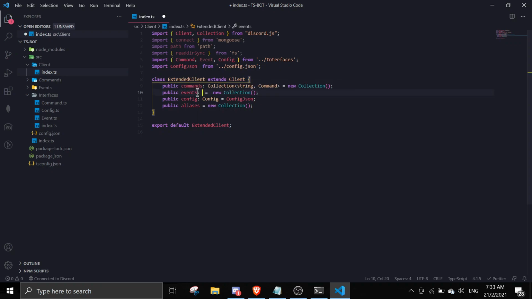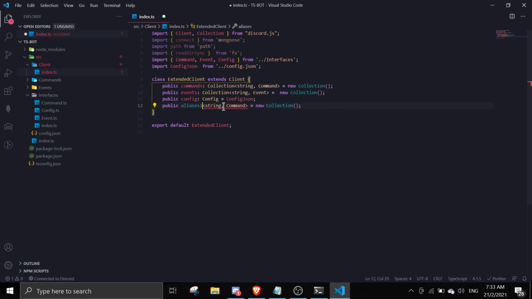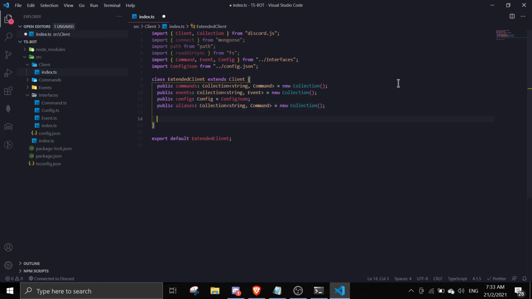Same thing over here, collection. The type of the key will be string, and then the type of the collection will be event. And then config aliases is the same thing, string, command. Collection. What am I even doing? Collection. Okay, so yeah, this is the publics, and then we will make a function to initiate the project,